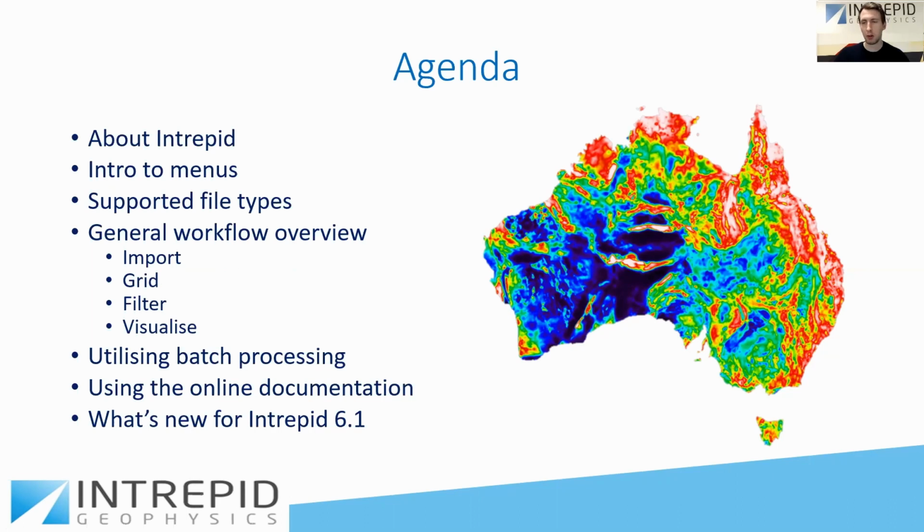I'll probably talk a little bit more in depth about the batch processing tools, especially the task files. Adam, you'll probably be familiar with job files if you're using Intrepid version 5. But we're actually deprecating those, moving towards these task files, which utilize the Google protobuffer format. I'll also talk, just briefly, about using the online documentation as well as the extensive cookbooks and examples that we've updated specifically for Intrepid